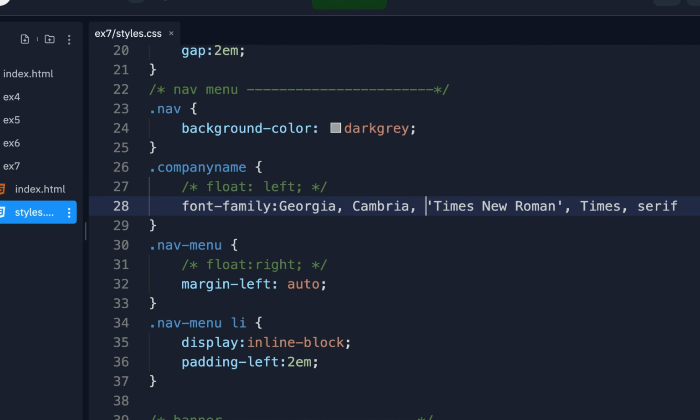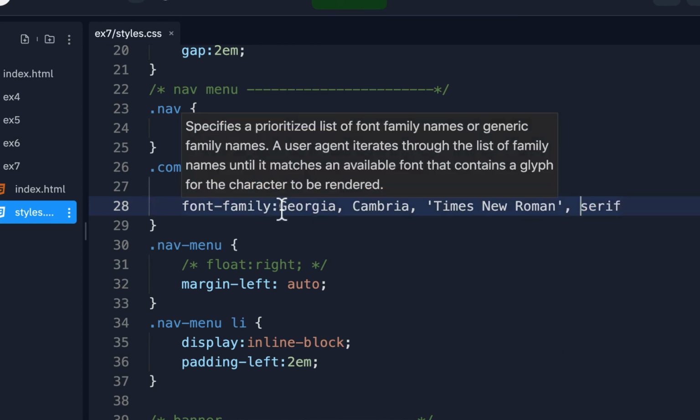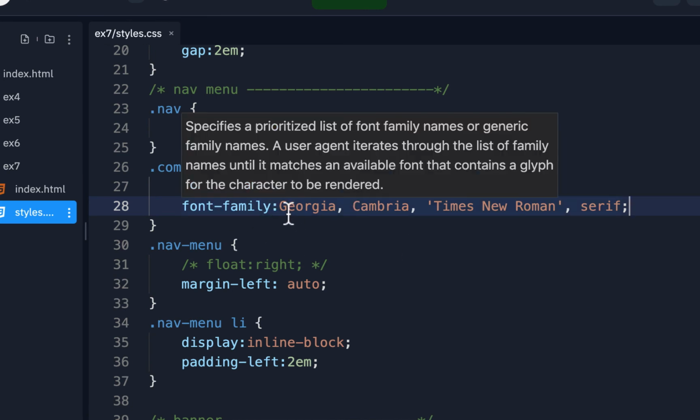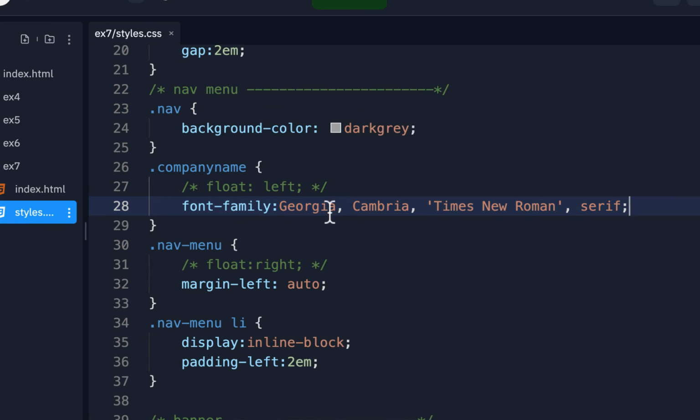And I'll put a comma. I'll leave Times New Roman. I don't need Times because everybody has Times New Roman. So I'll leave that in there. So I'll use Georgia, Cambria, Times New Roman, and then serif, whatever serif somebody has, and I'll put a semicolon. And again, we could put in a font that actually matches whatever the company name is. We could put an image in there if we wanted to, but for right now, we'll just use Georgia, and